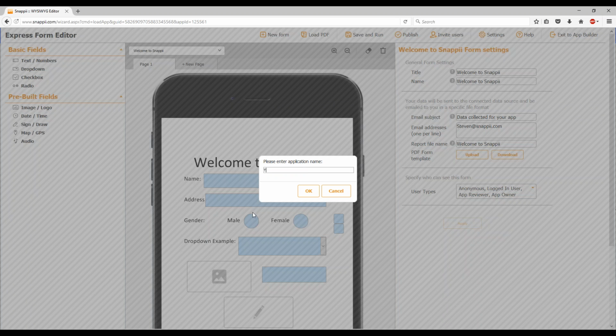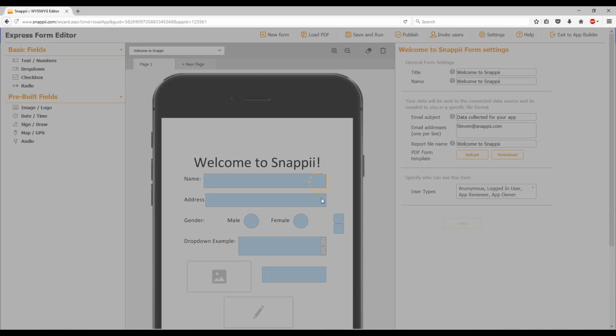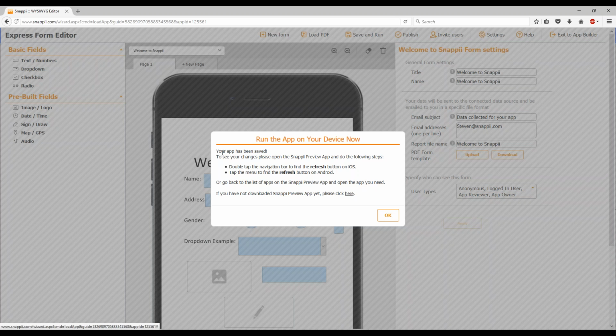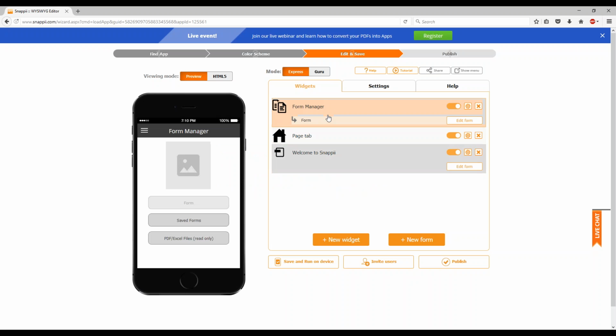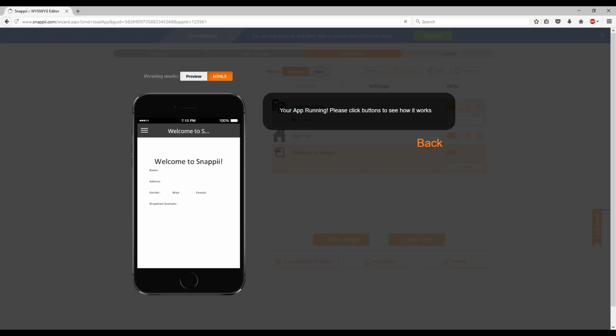So it's going to ask you to enter an app name. We'll go tester. Press OK. All right, so it's going to give you specific instructions here on how and what exactly you need to do to get this on your phone. I'm going to run through it, so we'll just press OK past that. And you can see now we have a tab here with the form. It doesn't let me click anything because this is just a preview. But if you click HTML5 up here,